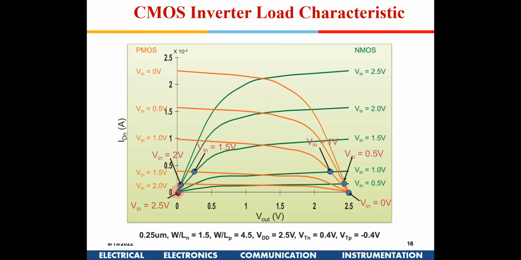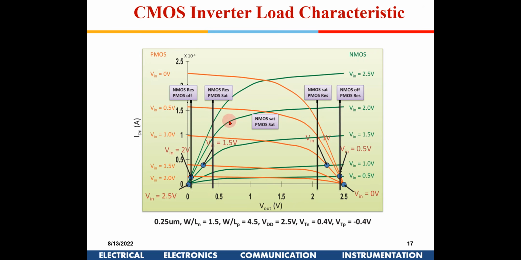So they will interact here. As Vin is increasing, this green line will keep increasing, and these lines will keep decreasing. So we will get different intersection points. If you plot all those intersection points, then initially when nMOS is off,